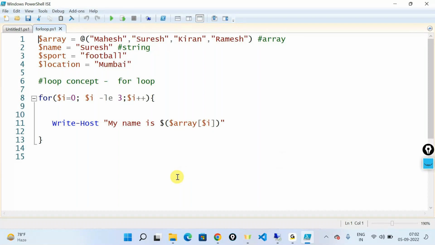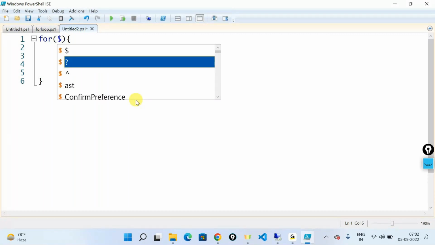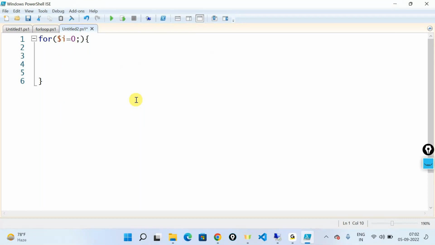Okay, so just to recap, let's write a simple for loop out here. You can do a for condition, and the syntax follows in such a way that after for, you need to put open and close parentheses and then open and close curly brackets. In the parentheses, you'll need to give your condition. For example, the condition starts with something like this. You can say $i is equal to 0, meaning you're starting the value of i with an initial value of 0. And you're now telling your loop that